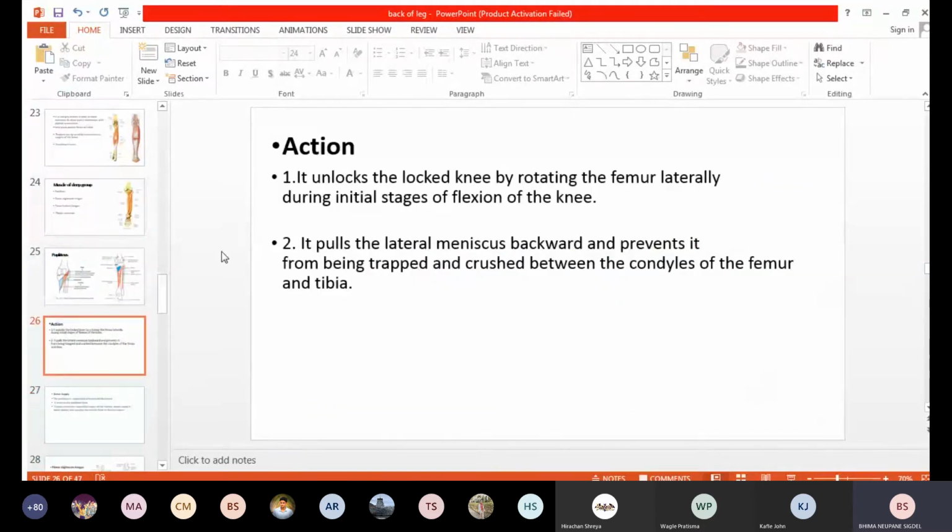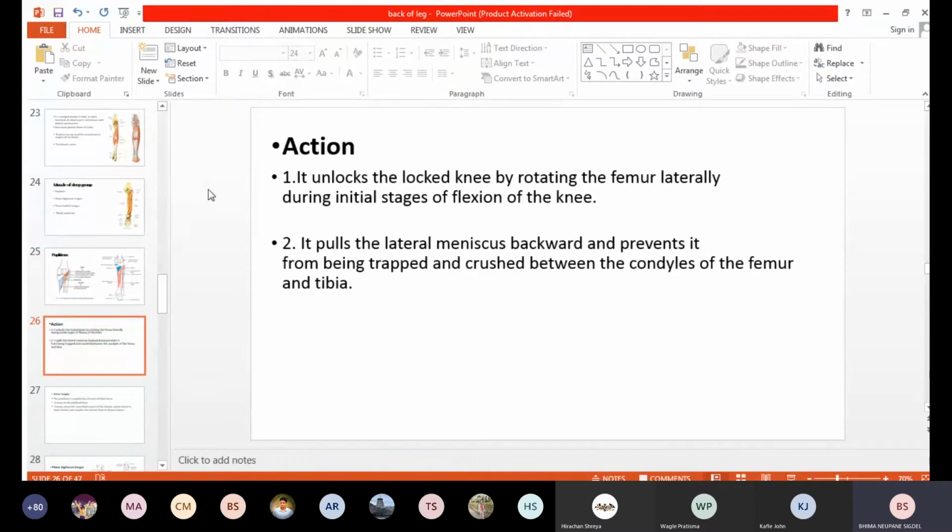So now action. The action is very important, and in detail I will discuss this action again in the knee joint also. Here I will discuss it superficially. So the main action is, this popliteus muscle is the key muscle of the leg. Okay, so it is like opening, like you know the importance of a key, right? So it helps in unlocking the locked knee. So during the extension of the knee joint, all the ligaments are stretched, and to unlock, that means the initial stage of flexion.